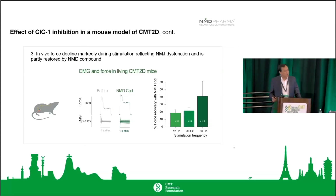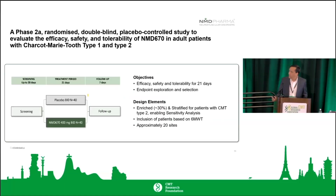So I'll summarize now. We have conducted a phase 0 study where we showed that the component of neuromuscular dysfunction is present in patients with CMT disease type 1 and type 2. We showed with a tool compound in animal models of CMT2D that those deficits are reversible. So with that, we decided to move into the clinic, where we are now with a phase 2A study,